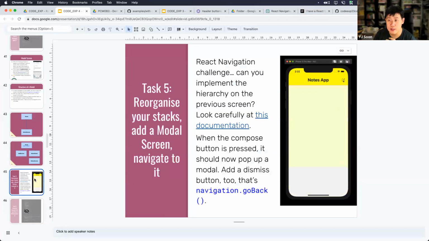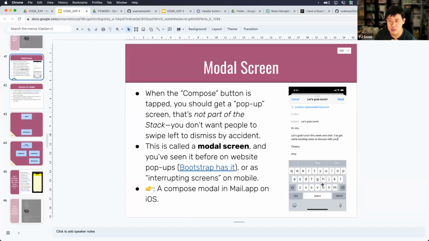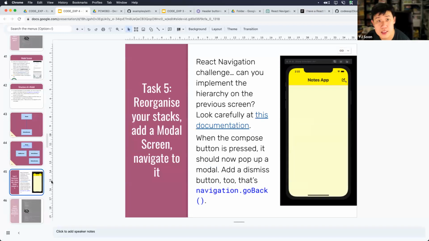Let's take a look at what it looks like over here. Press, and you see it slides up from the bottom of the screen. Not bad. Not quite the same as the Mail app, which has a native animation. It slides up and leaves a little gap at the top, and there's a little bar you can drag down. Not quite the same, but not bad. It's a reasonable facsimile. So let's try this.